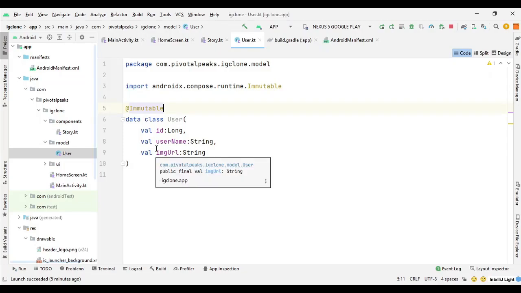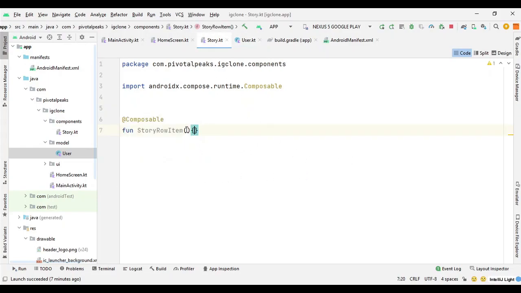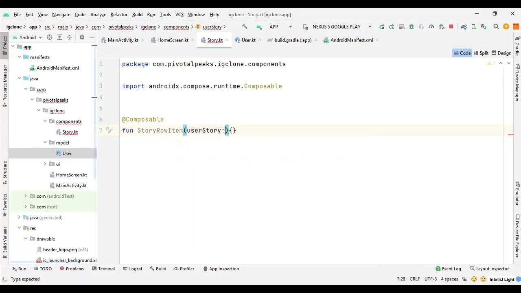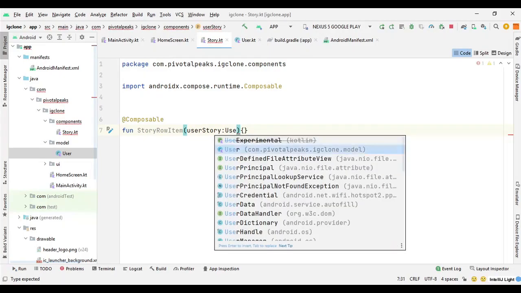And it's really useful when you make network requests with Retrofit, although we won't use Retrofit in this course, and we will use this data class to structure our data, but it's still a good practice to define this data as immutable. Now we can pass this user data structure into our StoryRowItem. So here we will say userStory of type User.